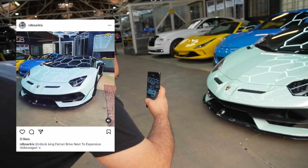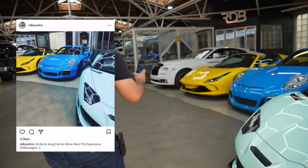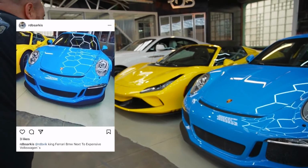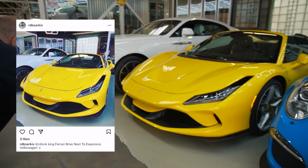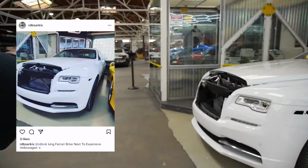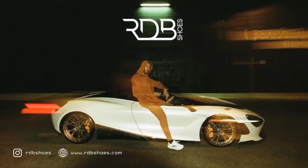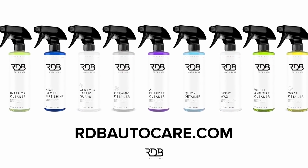We have a Lambo SVJ, expensive Volkswagen. We have a Porsche GT3 RS, expensive Volkswagen. We have the Ferrari F8 Spider King. Royce Raid BMW. Life is what you make it. My shit been amazing. I can't see a way out. I've been stacking face down off canvases I painted. I just spent the rain day on shit I can't afford, but that's the price I